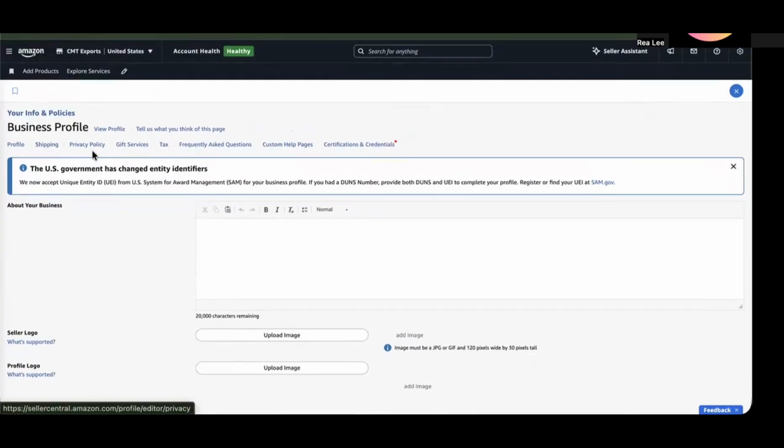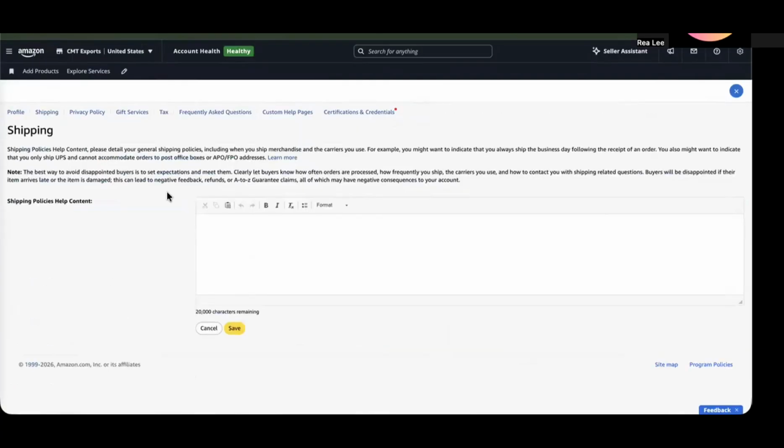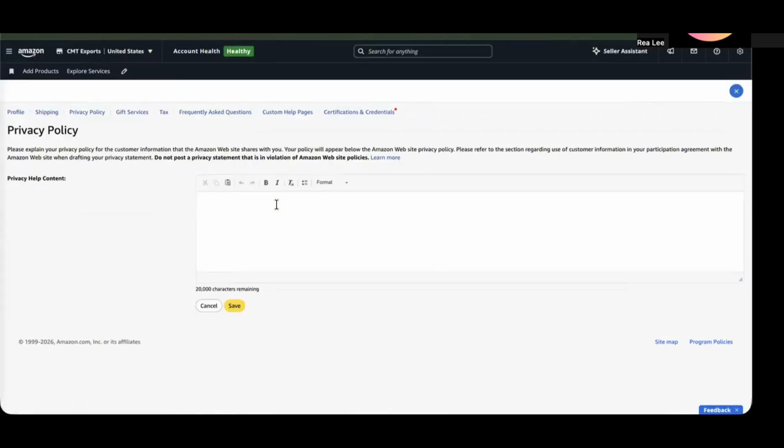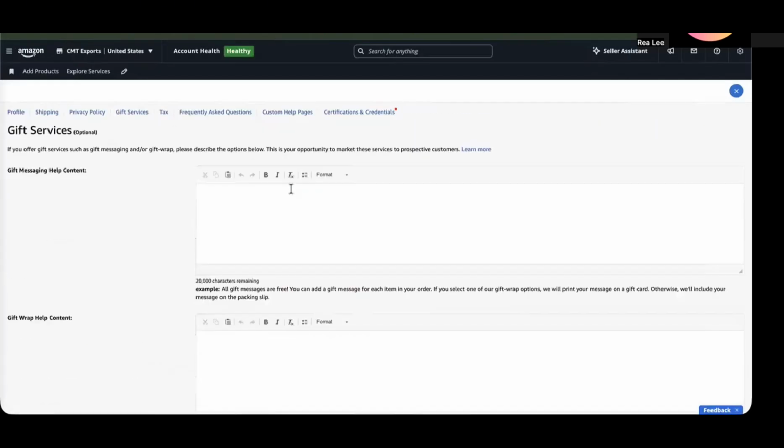Okay, so shipping, you can also put some other details here like shipping policy and privacy policy. It will actually show you down below on the storefront. And then gift services, tax,